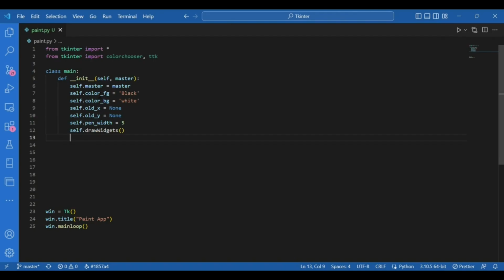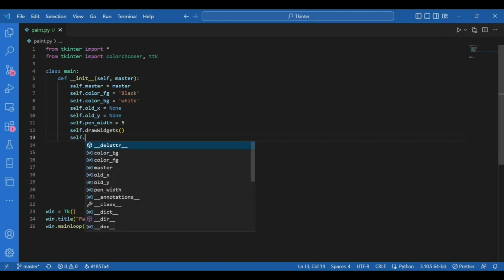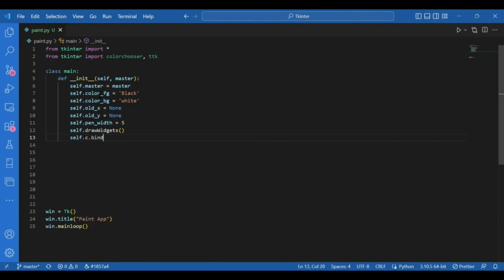Now I'll write self.c.bind. Now here I have started using event handlers. The bind function called for the canvas C. C would be declared in the draw widgets function. Now the argument for this event handler bind would be B1-Motion, which is the mouse being moved while the left mouse button is held down. And the other argument of the bind function would be self.paint. This would be another function in the main class and it would be used to draw the lines on the canvas. So I'll write self.c.bind